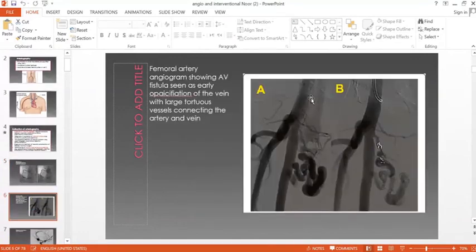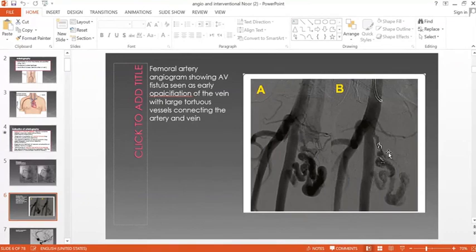This is angiography showing AV fistula. These are the femoral vessels. This is the common femoral artery dividing into the superficial and deep. And this is the femoral vein. You notice here the presence of abundant, tortuous, large vessels that are taking up contrast and early opacification of the femoral vein. So this is an AV fistula, and this is